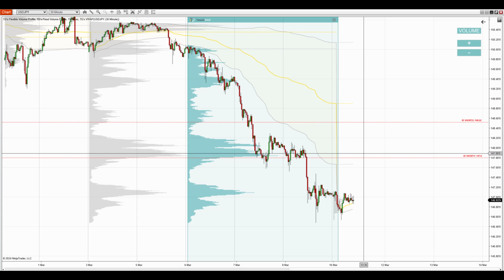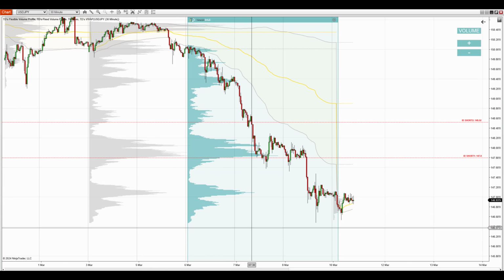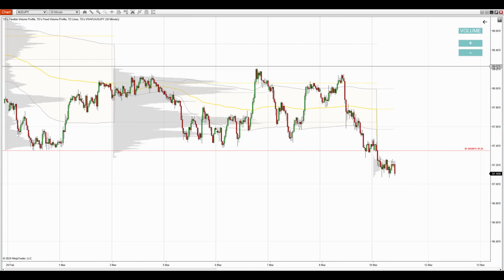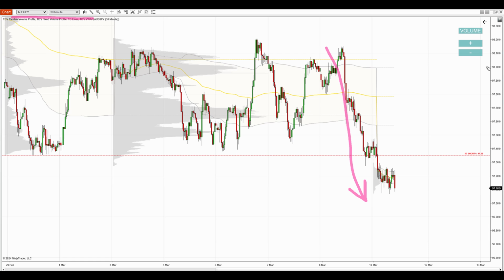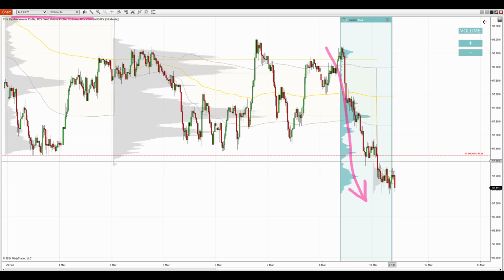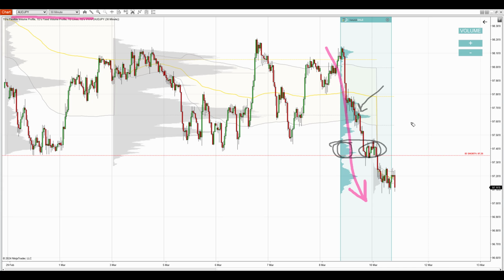Now let us move forward into the next trading idea, and it's on the Australian dollar Japanese yen. So this is a 30-minute chart of the Australian dollar Japanese yen, and in here I also have the trend setup. This is a downtrend, and within the trend there was a significant volume cluster here, this one. Those heavy volumes were traded in here. It's not the place with the heaviest volumes within the downtrend because it would be this place, but what I like about this one